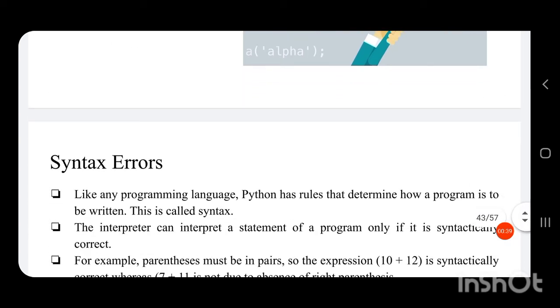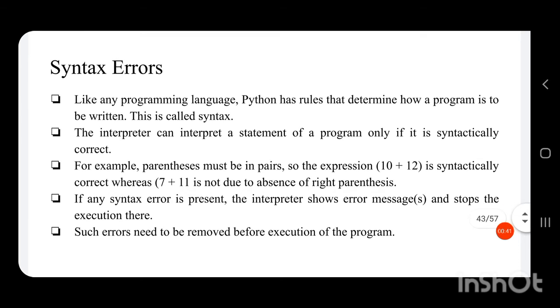So what is a syntax error? Like any programming language, Python has rules that determine how a program is to be written, and this is called syntax. We know that in the print statement, if a bracket is open, then the bracket should be closed.